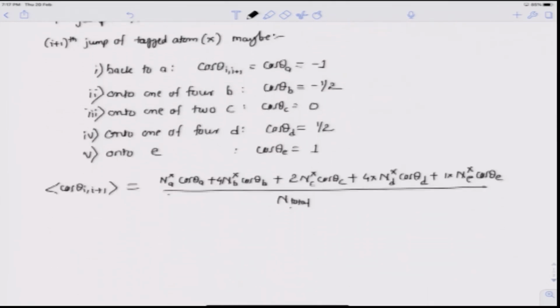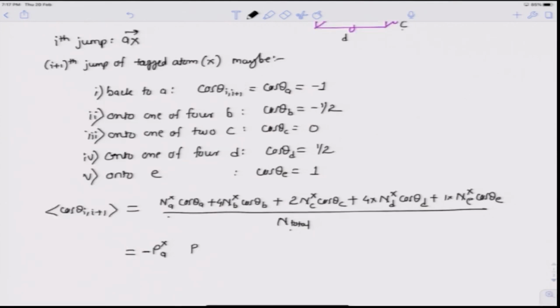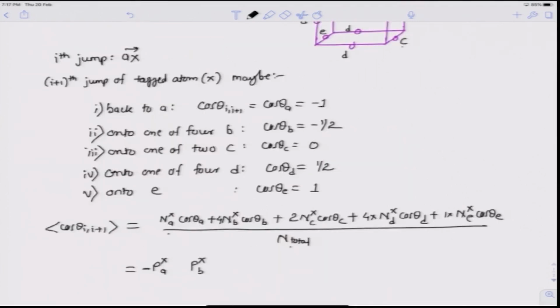So, let us denote it as P_xA. So, this will be P_xA, and cos theta A is minus 1. So, this is simply minus P_xA. Similarly, P_xB is the probability that the atom X makes its (i+1)th jump to a site of the type B. So, this will be P_xB, and cos theta B we know is minus half, and there are 4 such sites. So, this would be minus 2 P_xB